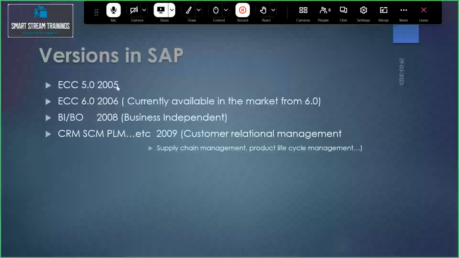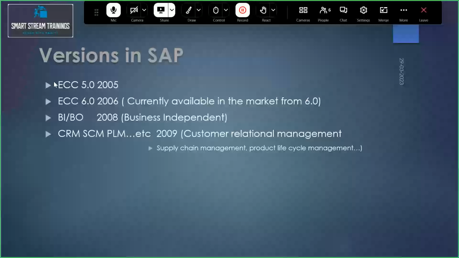This was released in 2005. This particular version does not support all kinds of business scenarios. That means only some basic objects were involved, the finance objects and customer related objects, and only a few business scenarios were added in this 2005 release.